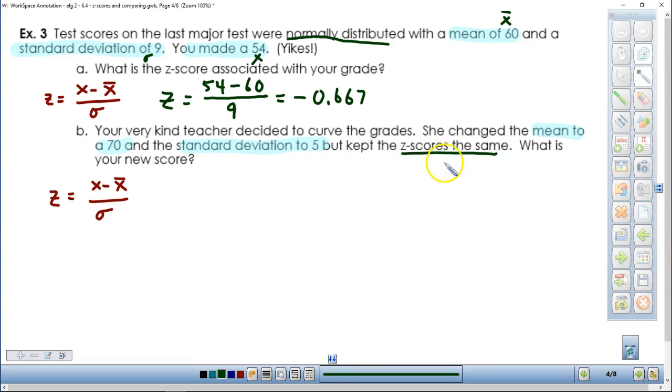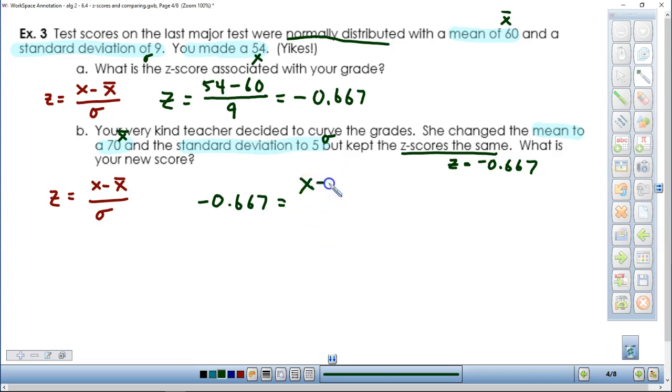Z-score the same. So here we have a new mean and a new standard deviation. And our z-score is going to stay what it was in that last question, which we rounded to be negative 0.6667. So your z-score on this test is going to stay the same. In this case, when we're filling in the things into our formula, we know z. We know that z is about negative 0.667. We do not know your test score because she's curving that test score, so that is the variable that we're going to leave out,